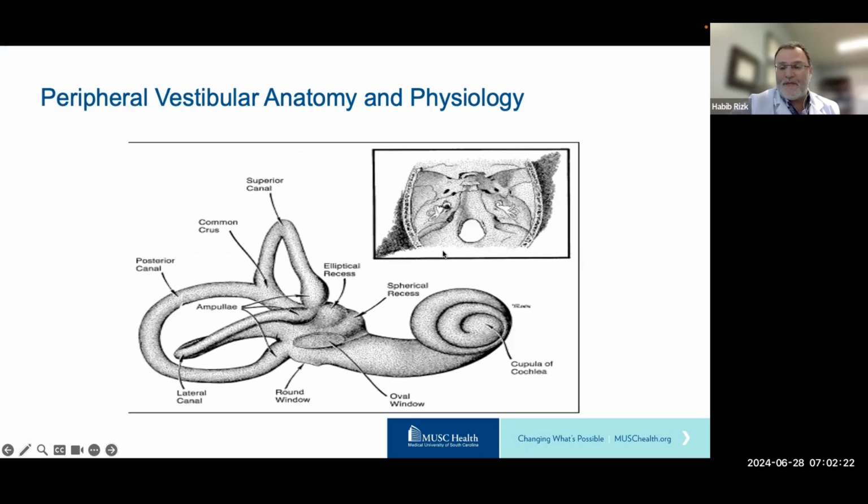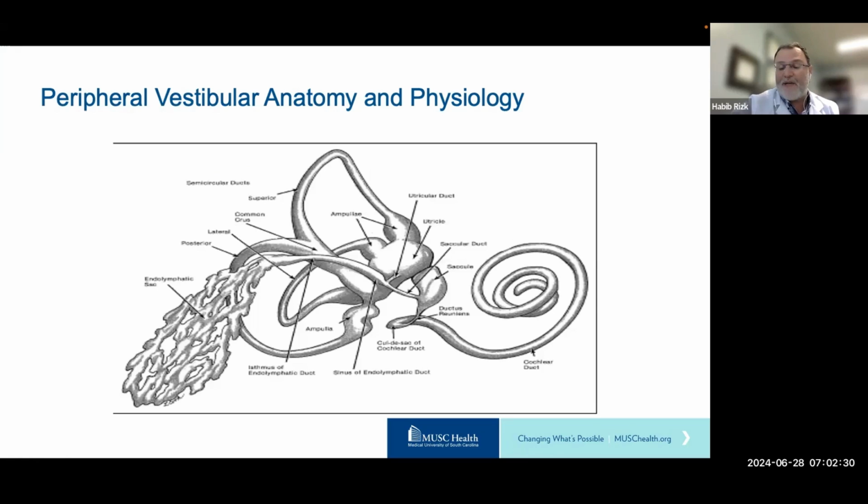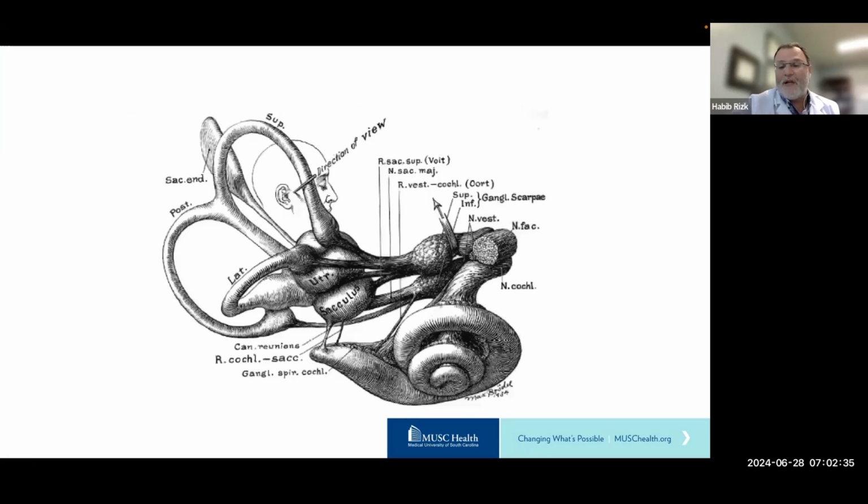We all know that the inner ear is housed in the petrous apex. We have the semicircular canals and the elliptical and spherical recesses that house the membranous labyrinth containing the semicircular ducts, the utricle, and the saccule. And we know the neurological topography of the vestibular system consists of the superior vestibular nerve and the inferior vestibular nerve. And interestingly, the vascularization follows exactly the same dichotomy, with the anterior vestibular artery following the superior nerve and the common cochlear artery following the inferior nerve.